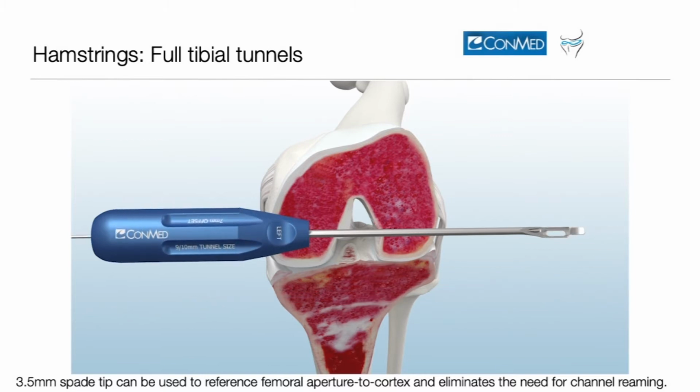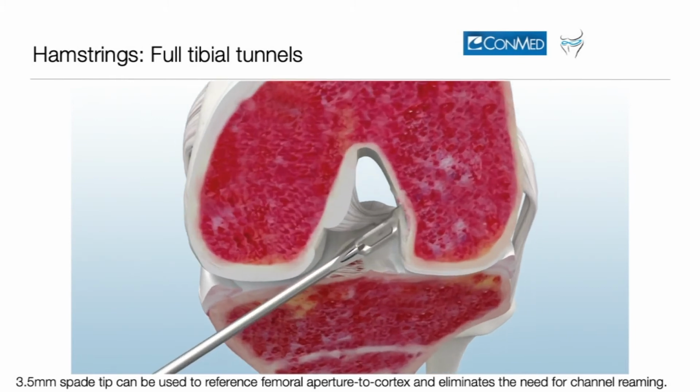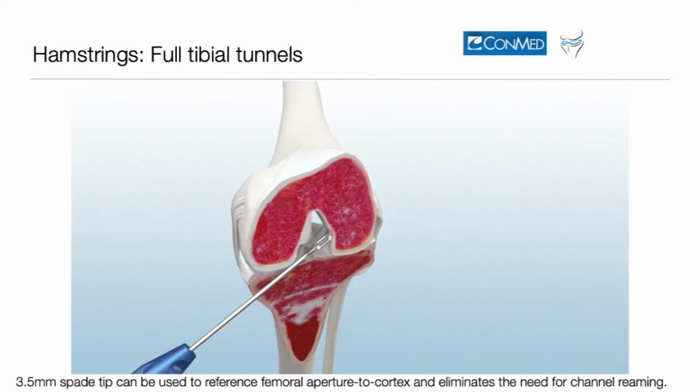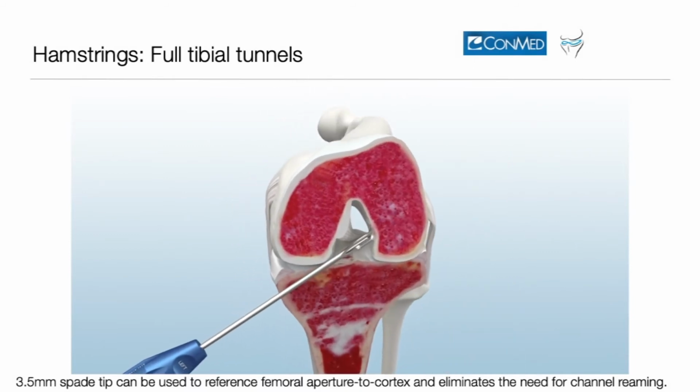This is the ACL technique using the full tibial tunnel device. So we have our spade tip guide wire, using the guide, clearing out the old ACL and then putting the guide wire into the right place, referenced off the deep part of the notch. The benefit of this